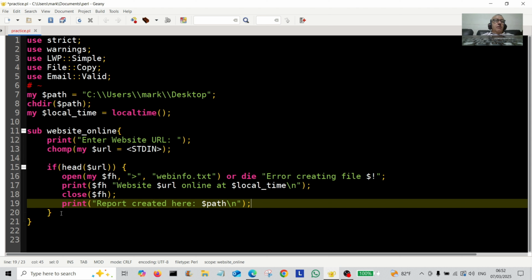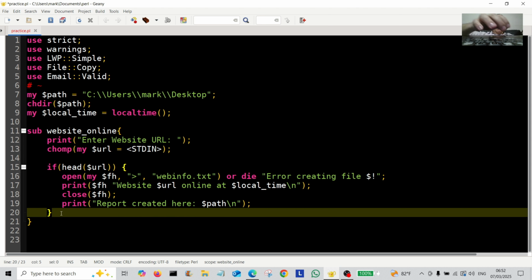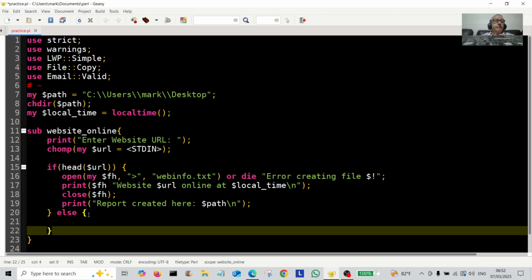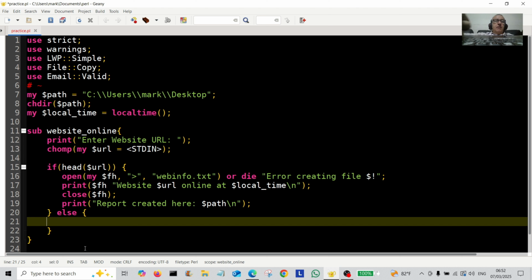Okay, then we have to come on to the catch-all, which is the else. If that's not the case, I think we'll create another file here. So we'll start with open, we're going to create another file, my scalar file handler 2, I'll call that. We're going to use this to create and write the file,